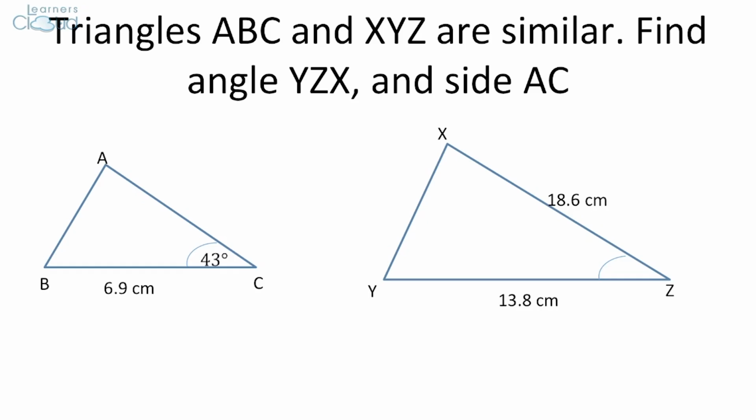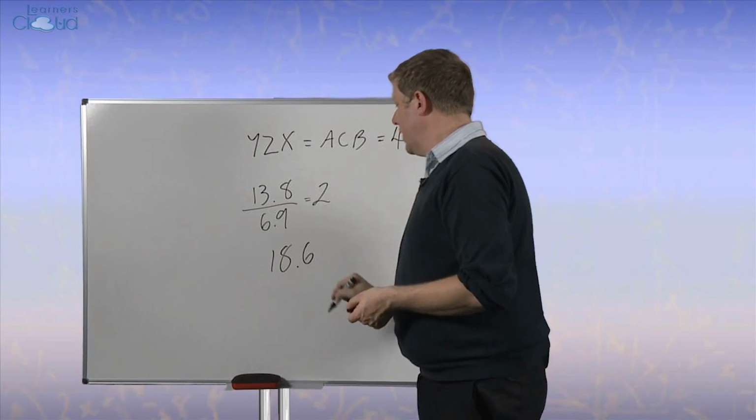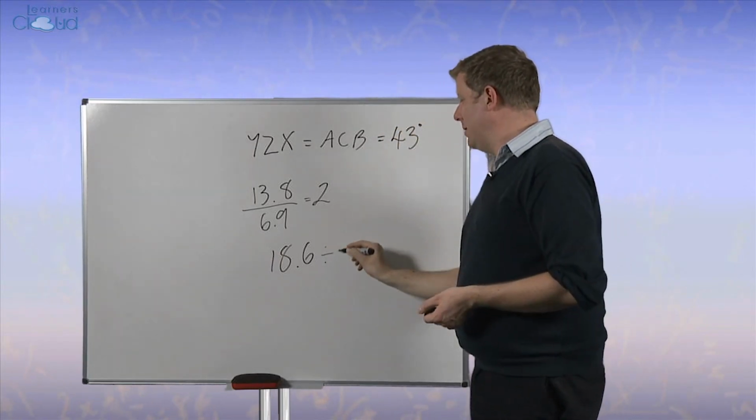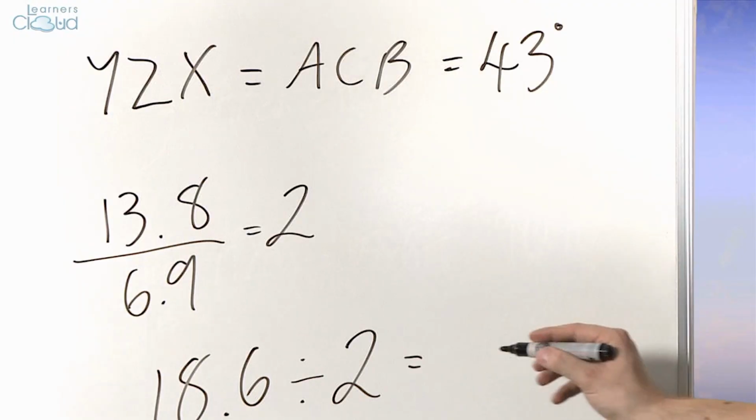But remember, in this question, I'm going from the larger side that I have, 18.6, to its corresponding shorter side. So I won't be multiplying by 2, I will in fact be dividing by 2. So my sum to work out what that side is will be 18.6 divided by 2, which gives me an answer of